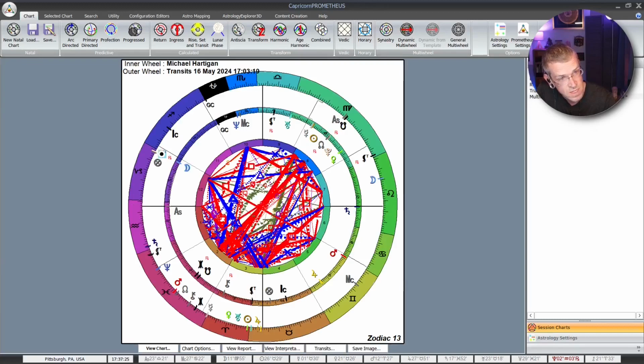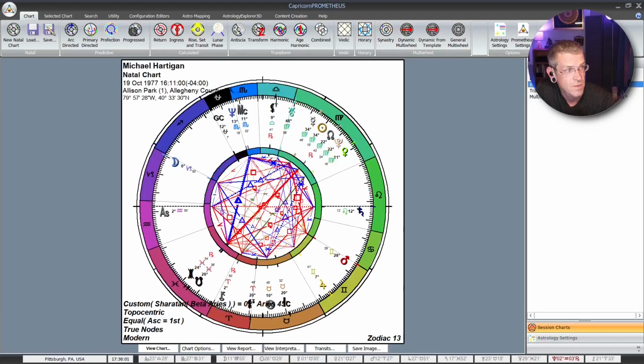You can see Pluto is over my moon, and Mars in the north node or over Eris in my south node. The astrology of it isn't really interesting, but we can get information. That's the point. Right away, the multi-wheel becomes useful. It's like transits. It's a whole transits report at a glance. You can see a lot in this, but what I want to focus on is the